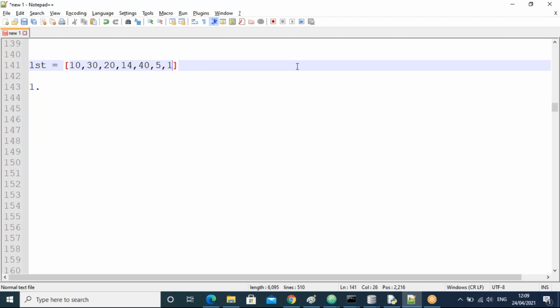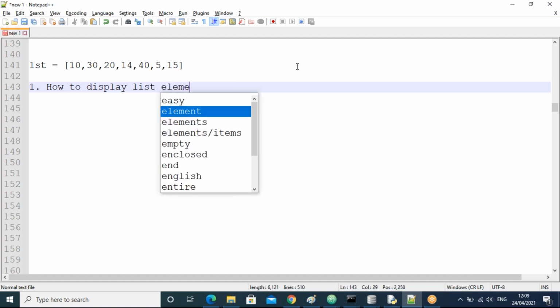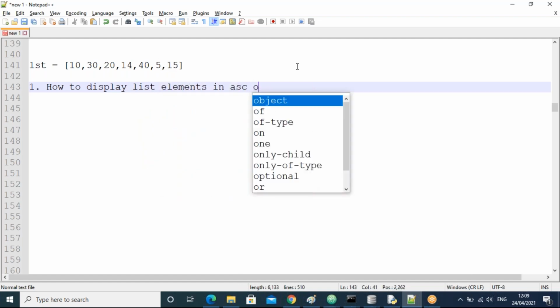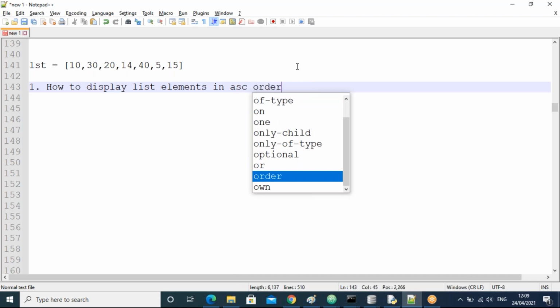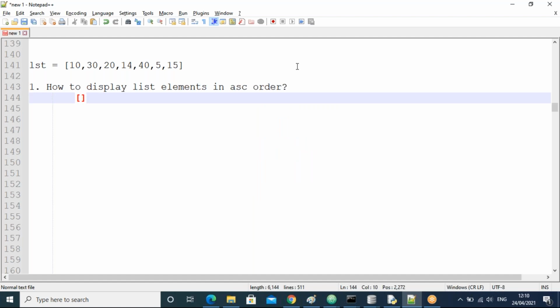Now the first question is how to display list elements in ascending order. Ascending means small to big.